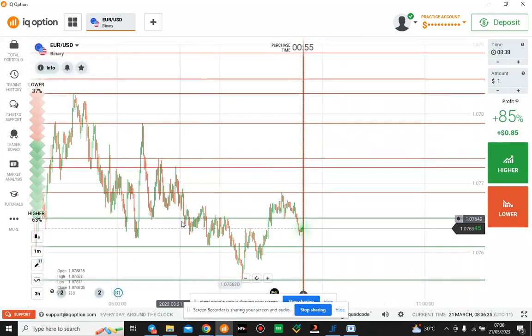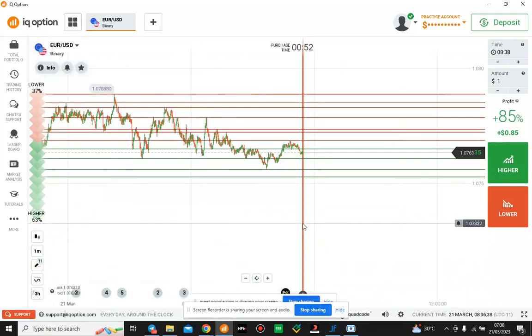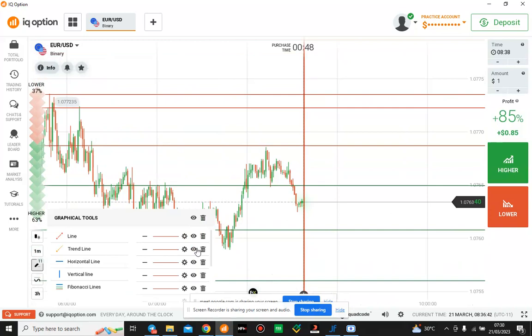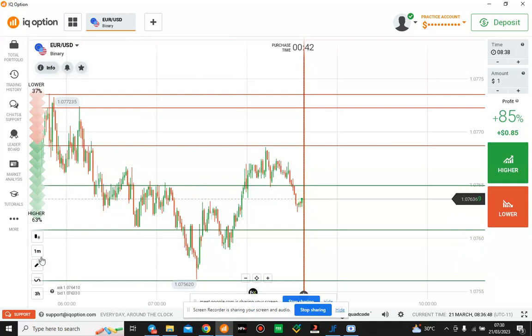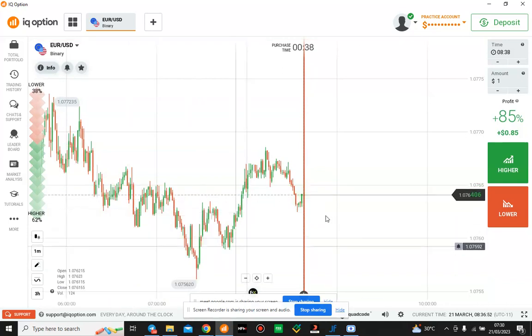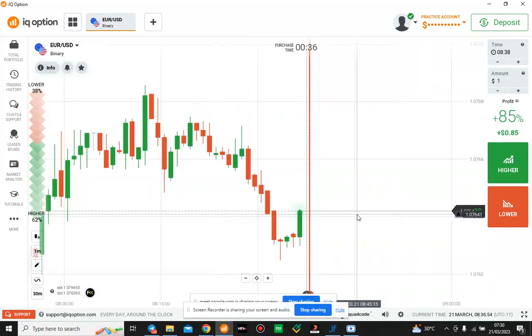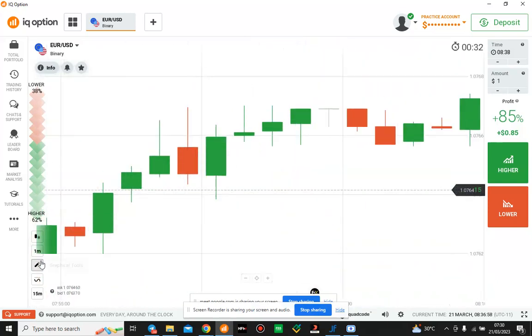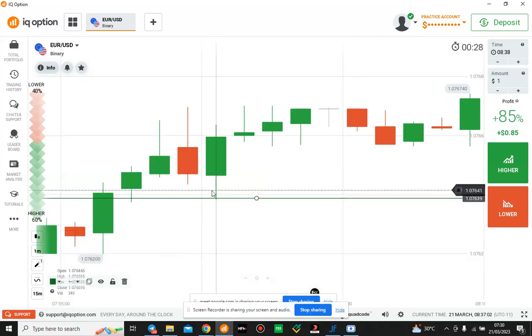Okay, so this is how you trade as a beginner. This is how you trade support and resistance. But we don't need all this on your chart because it's somehow not perfect for you to trade like this. So many resistance, so many support, so many resistance, so many support. Now, if you want to trade support and resistance, always observe what has happened on the left side. Look here, we have this